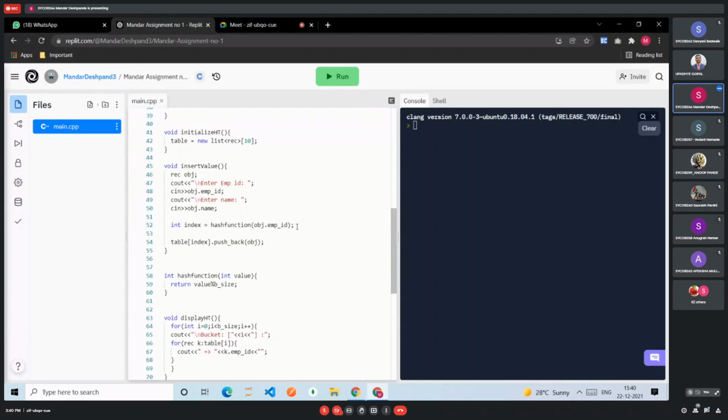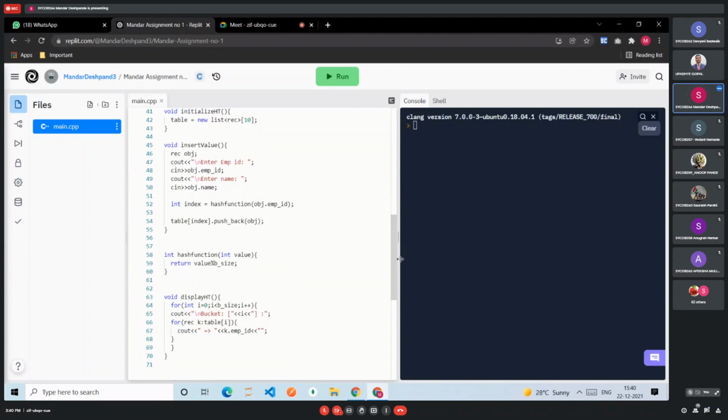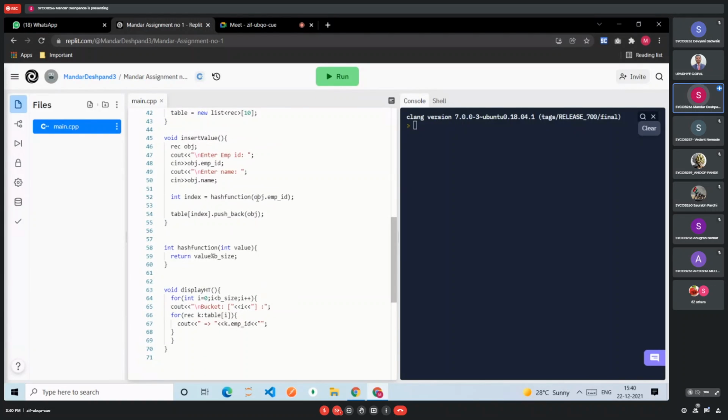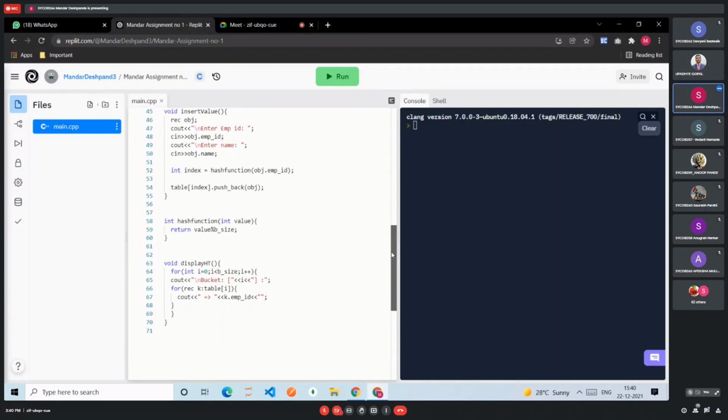Loop running 5 times, and here I stored that ID in the index variable.